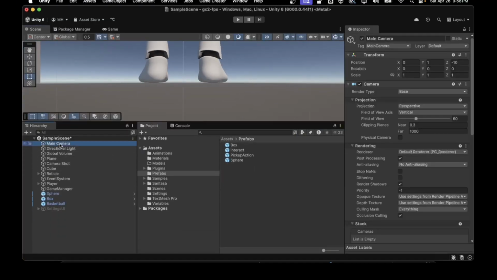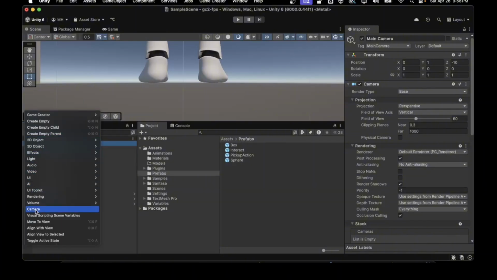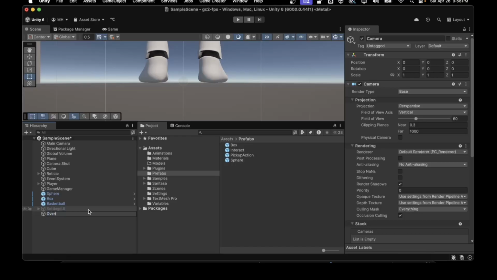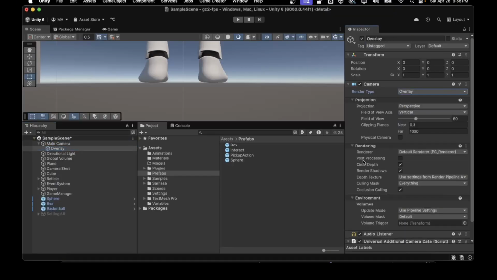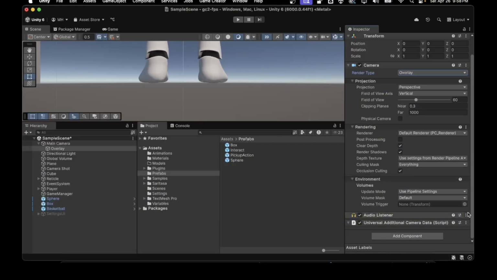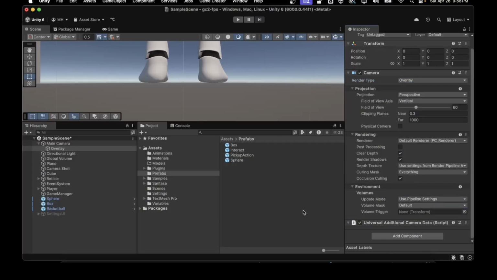So what we want to do is create another camera, an overlay camera. Call it overlay, and we'll make it a child of the main camera. Okay, so we're going to make it 0, 0, 0, right on top of the main camera so that it works properly. Call it an overlay camera. I'm going to take out the audio listener. We don't need that. And then on the main camera,